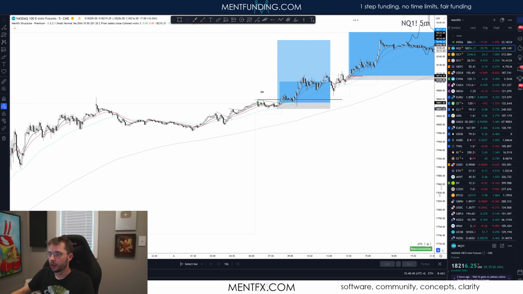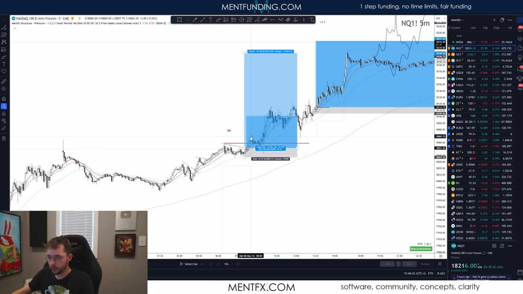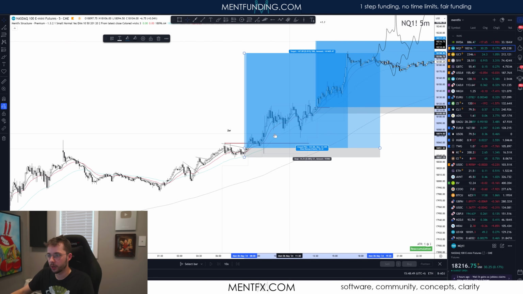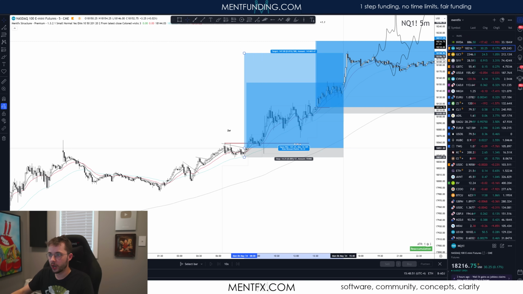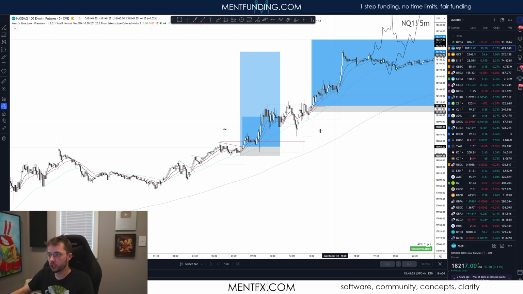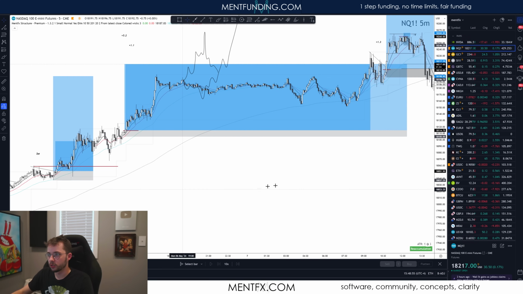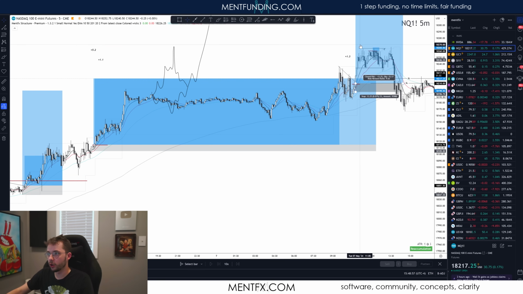Here. It goes, I break even, it wicks me out, and then it ends up actually delivering. That usually doesn't happen, right? But if I change my rules to let this happen, I'm probably going to lose more money. So I allow it to happen. And then I get another entry, and guess what? No wick out, right? It goes. I get an entry. If it wants to go, it will go.